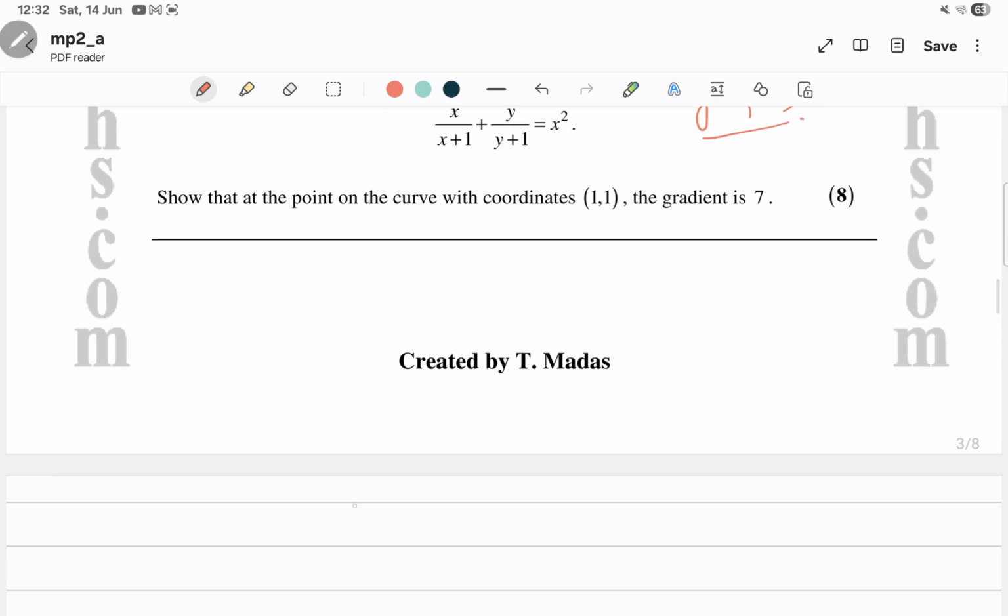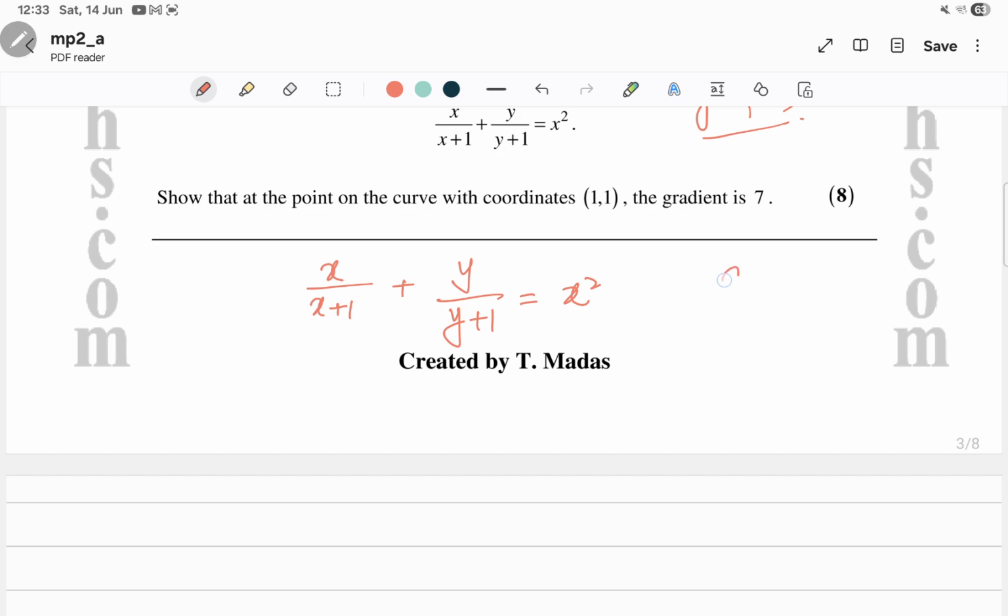So the equation is x over x plus 1 plus y over y plus 1 equals x squared. So students, if you have polynomial fractions, you have to apply the quotient rule. So the quotient rule is